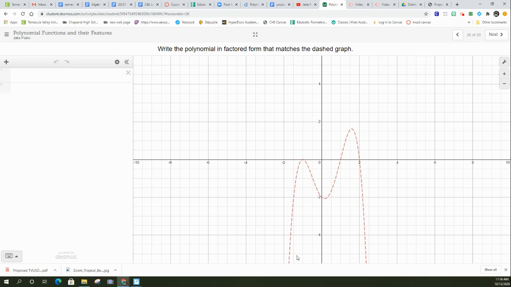Okay, on this one I have an even degree. Looks like it's a 4th degree. I got 3 turns. I got 1, 2, 3 x-intercepts, so we know that that's going to bounce, so it's going to have an exponent of 2. It is going to be a 4th degree. So again, we'll start with our